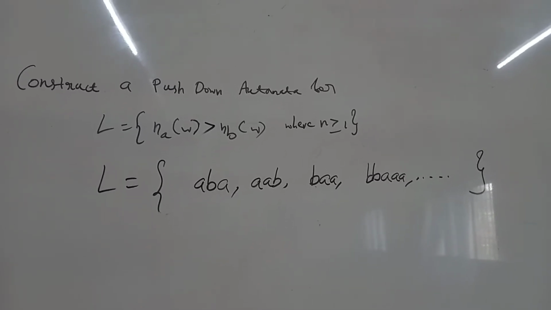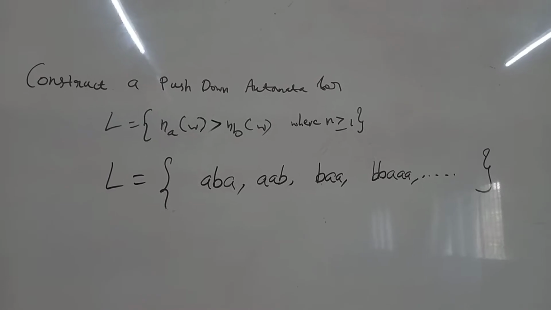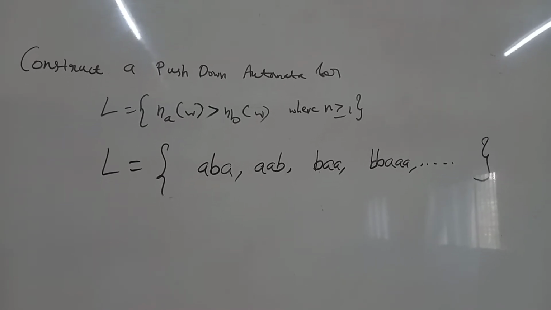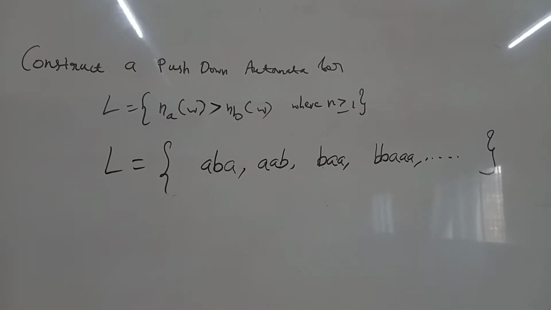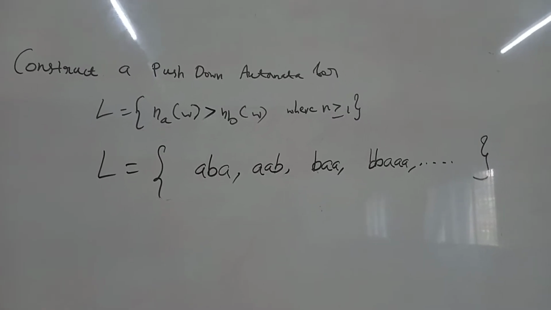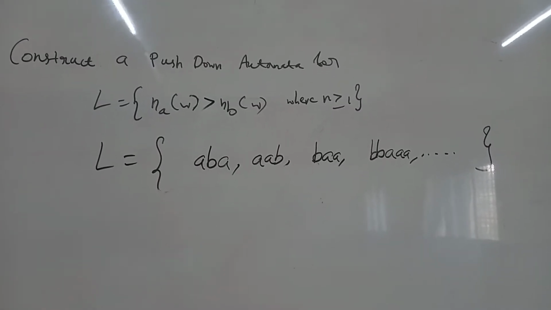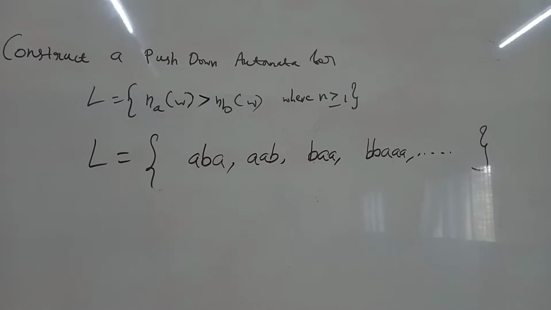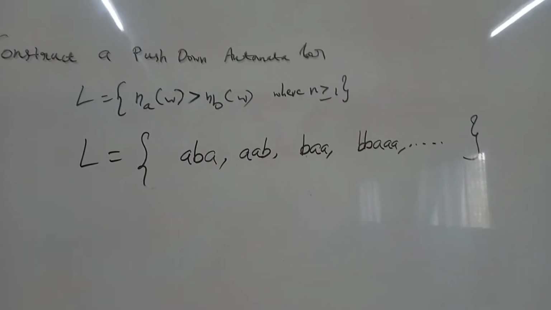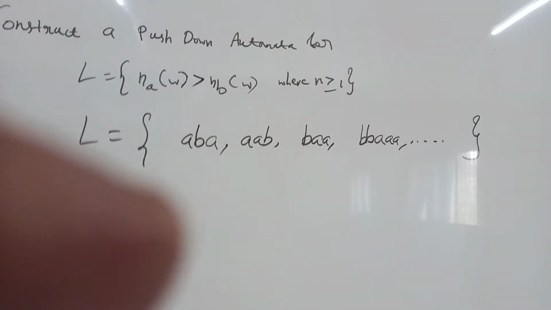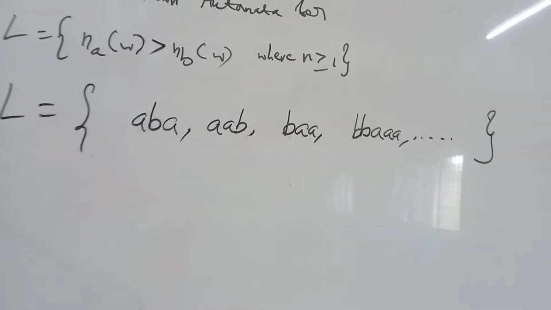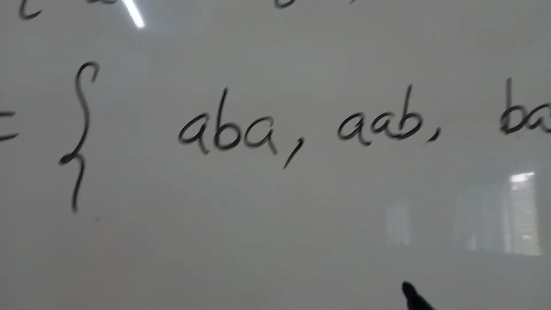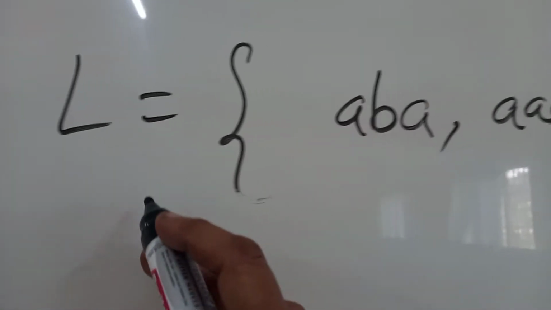Let me solve one more problem on the pushdown automata. So here the problem is we need to construct a pushdown automata for the language where nb of w is greater than nb of w, where n is greater or equal to 1. According to the given language, number of A's should be greater than number of B's. Okay, so the set of strings belonging to the language are